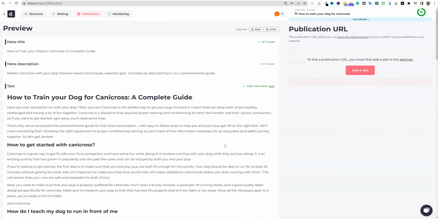Overall, really clean UI right out of the gates. This could be an extremely useful software. I haven't tested it or done my case studies, if you will. But just a couple of little things: I'm a little worried about the score being so high right out of the gate without even doing any real optimization. That's a little suspicious, and maybe they need to look at that. I don't know why it's getting such a high score right out of the gates, but that's the only thing I really noticed. And for a tool just launching, they're only going to be able to go up from here and add more and more features.